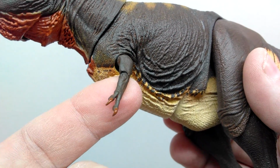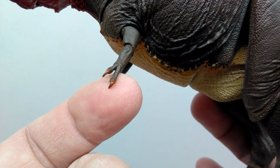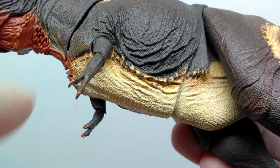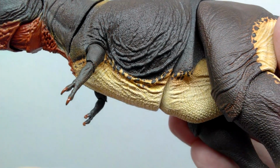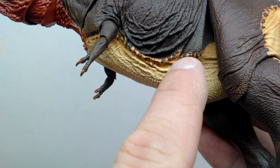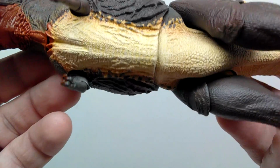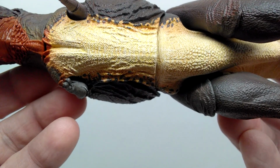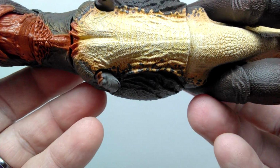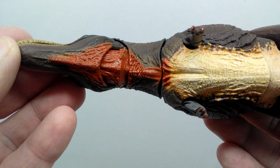As you lead down, we continue to have that same coloration here in the arm, but we have some nice light brown nails for the hands, and you can see they also sport a gloss coat. As we move down here, I like how we have that darker tone that just sort of spots along the lower part of the stomach before we transition down into the stomach region. We also have an orangish brown here that runs along the lower part of that area of the darker tone before leading into the stomach region, and we have a nice light tone down here for the underside. Nice dry brushing they've applied, a nice light dry brushing over a very light brown to highlight that detail beautifully. And of course we also have that classic red throat for our T-Rex here,